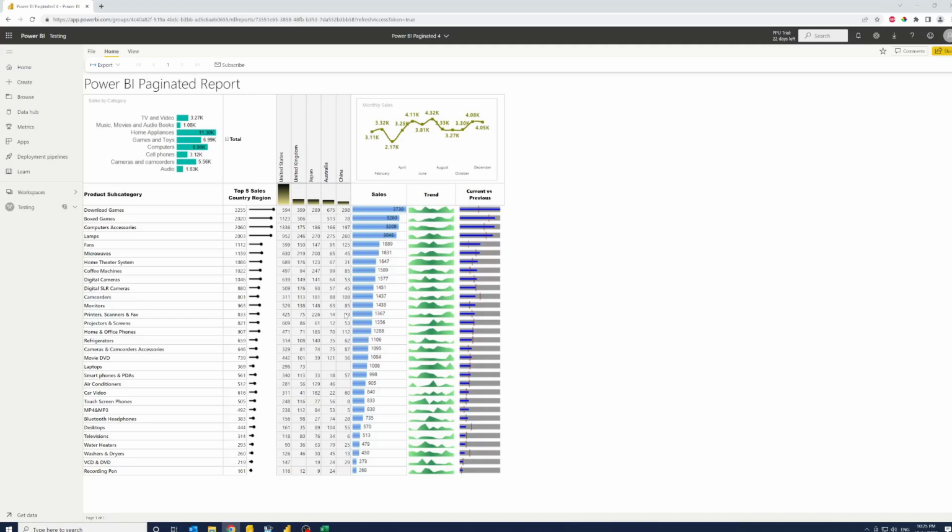Now paginated reports, as we all know, are SSRS reports in Power BI service, and it's a very nifty tool. What it can actually do is that it's not only an operational reporting tool, but you can also print invoices, you can print forms, you can do mail merge, or you can even use it as a search tool. But you should also know that it's great for creating insightful reports, and it's great for analytical reporting